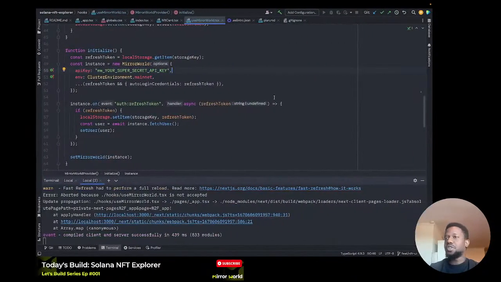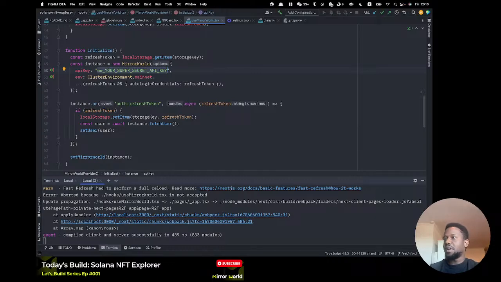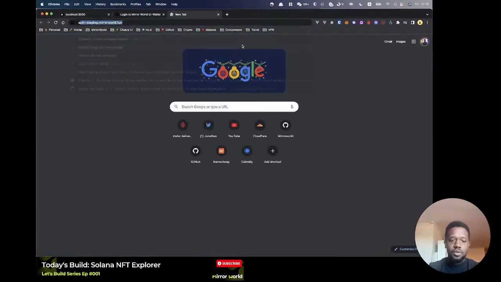So in the project, one of the things I'm going to advise you to do: I changed the code to use a different API key. The reason I did that is I didn't want to compromise my personal API key. I made another set of API keys for this stream. The way you can get an API key is on the developer dashboard. So the way that you do that is you go to